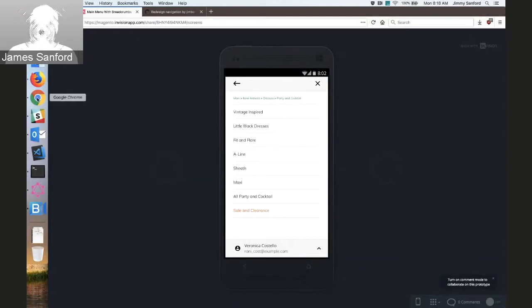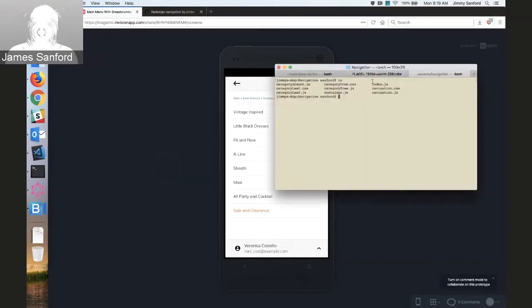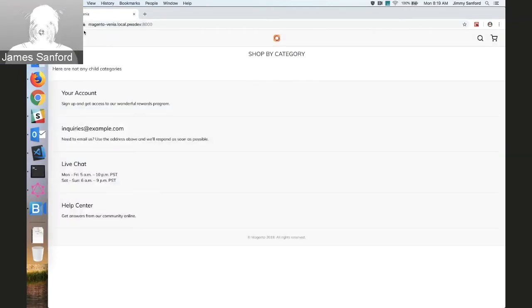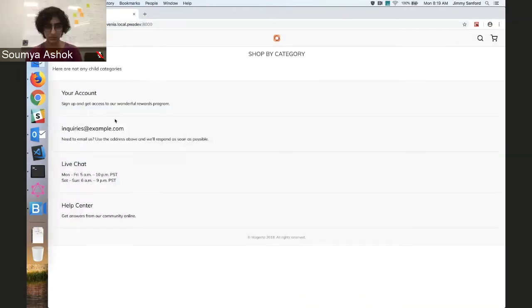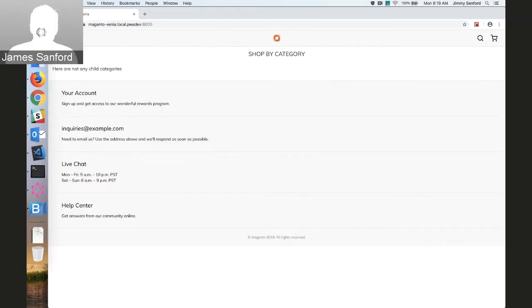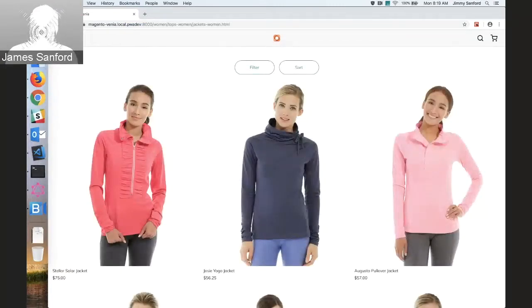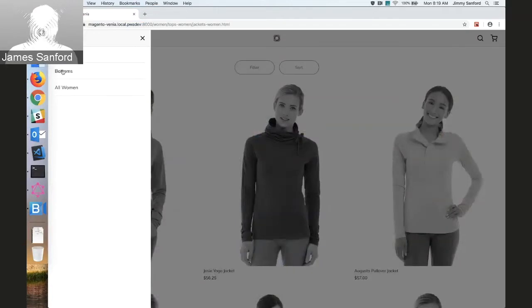Let's go take a look at what that's going to be like. So that's loaded. Okay, so when you open up the nav, you should see all of the categories, and you should be able to dive into these categories and have them replace, and then navigate to a category. So if you come over here, switch to a different category,